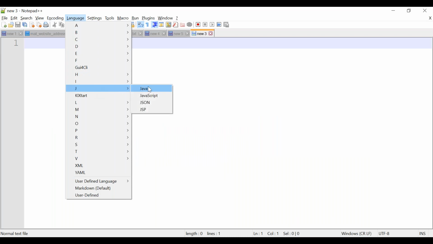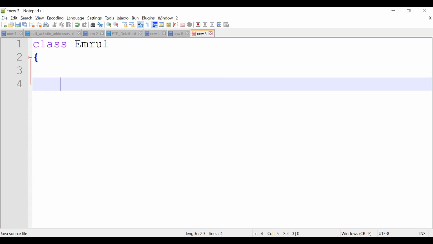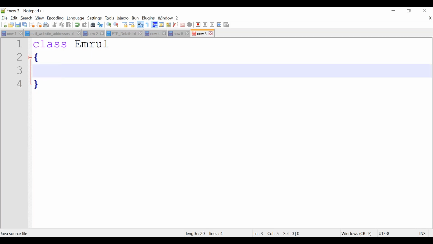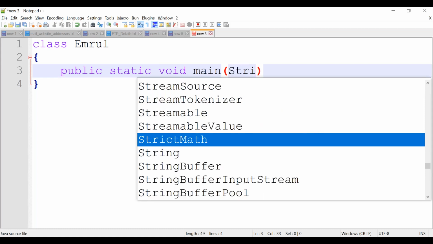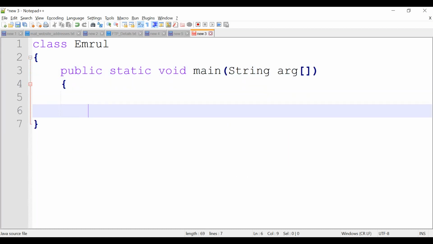I'm going with a new class. Let me name this class Embrol. Inside that I have public static void main. This is the method.